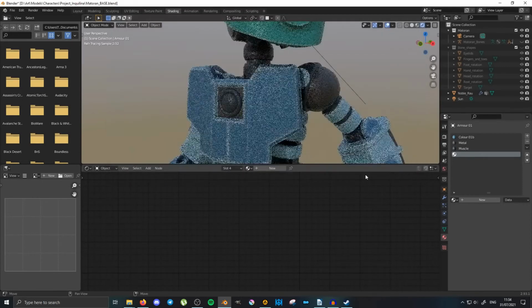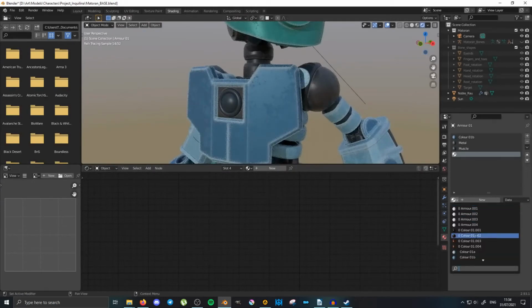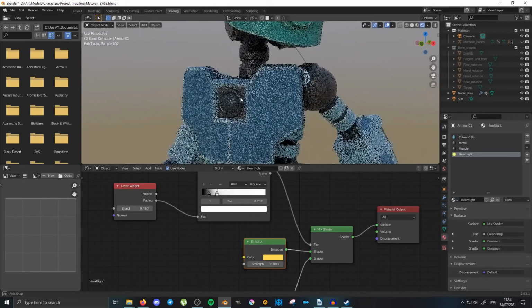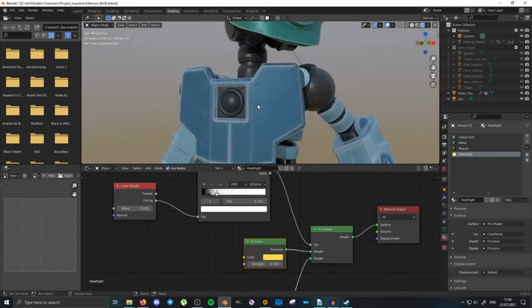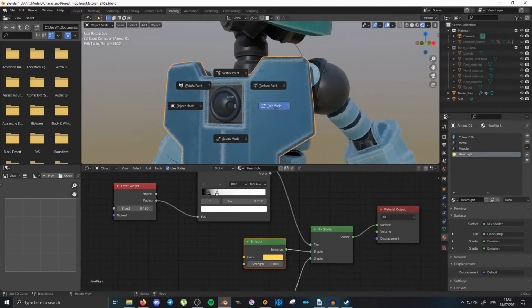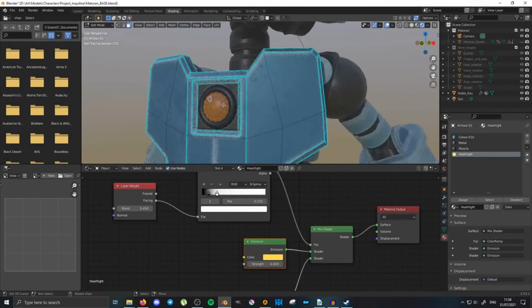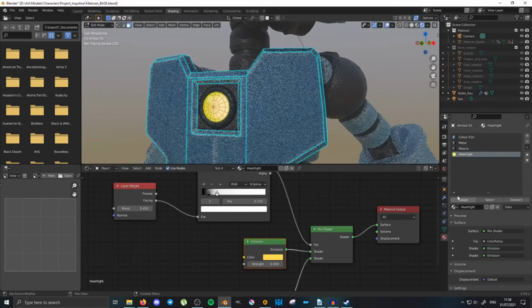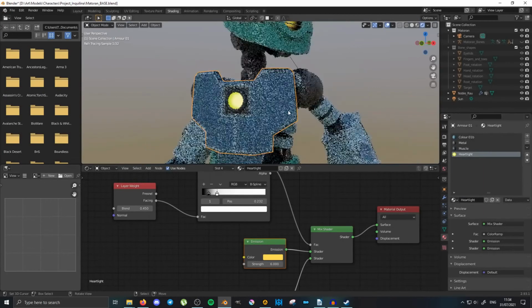If we just append that, you can find it in the list here, Heartlight. And yeah, now of course we need to assign the material to the sphere, and lucky us, the sphere part has already been selected, so we just assign that, like so. And then we can start